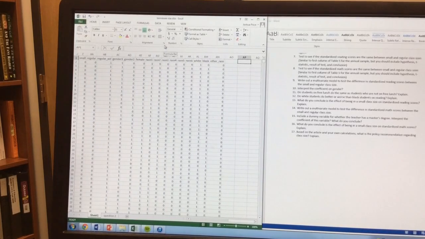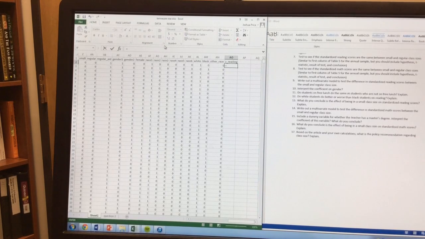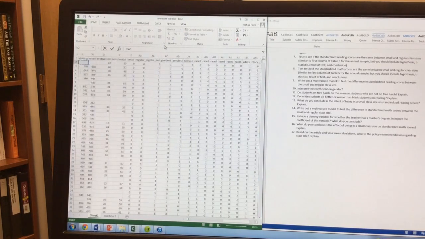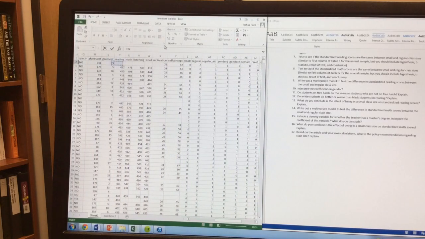variable. Okay, let's call this Z reading. So this is our Z score of our reading. This is going to equal, all right, we're going to go to our reading score, which is right here. This person's blank, but we're going to still do this one anyways. Okay, minus,